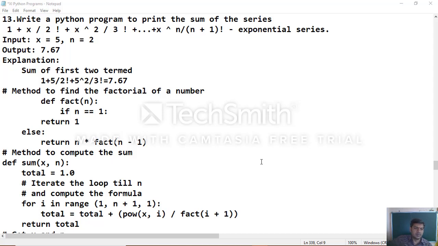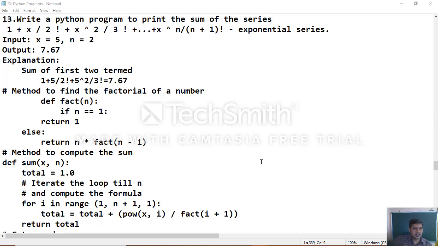For example, if you take x equal to 5 and n equal to 2, output would be 7.67. Explanation: sum of first two terms, so 1 plus 5 divided by 2 factorial plus 5 square divided by 3 factorial, that is equivalent to 7.67.